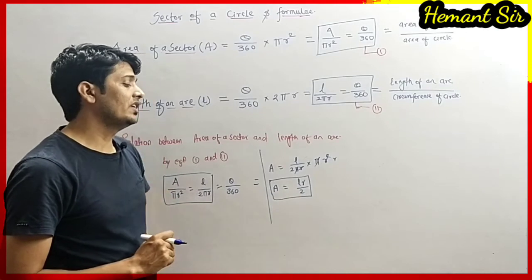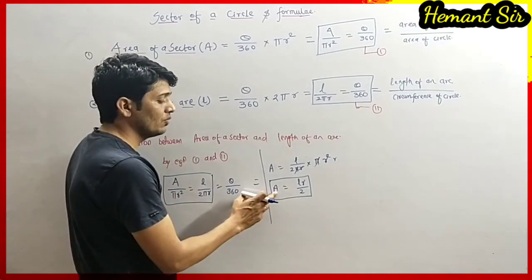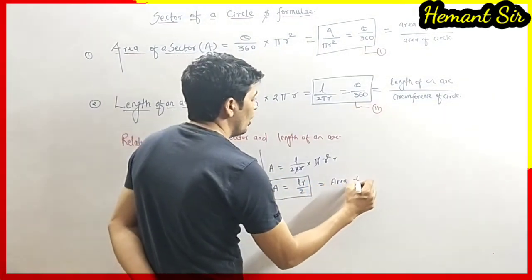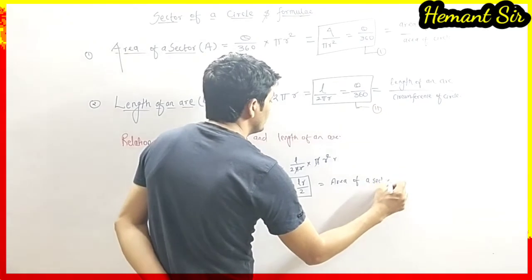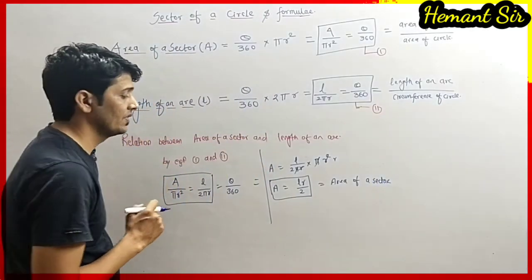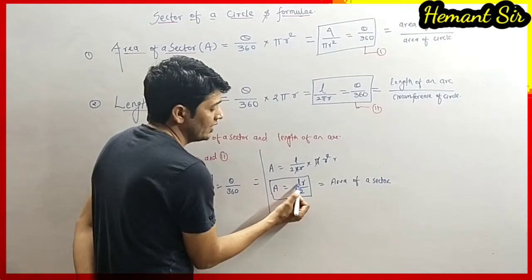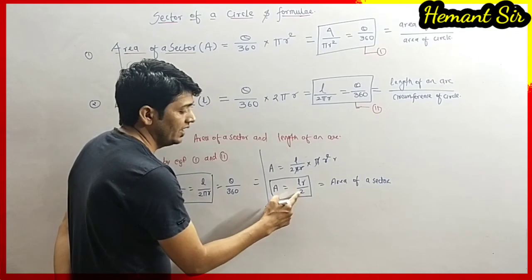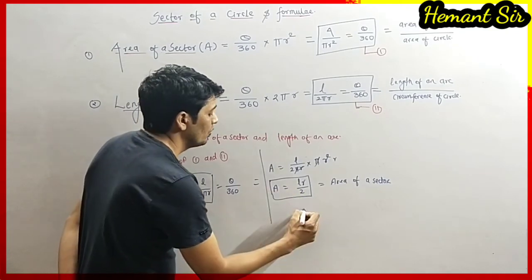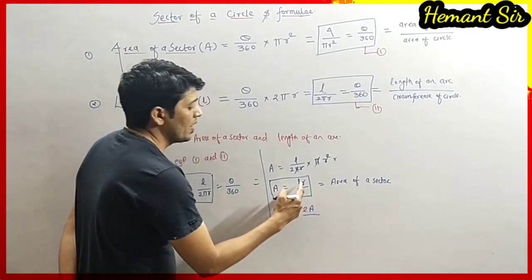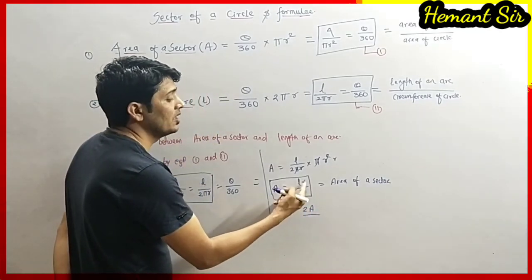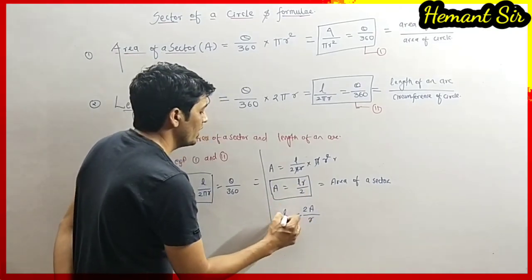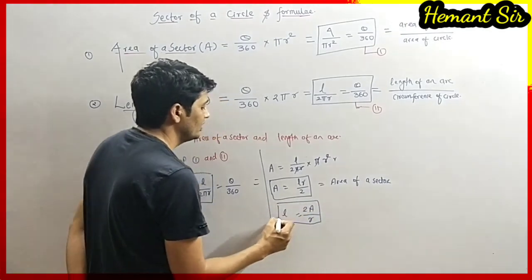So it can be written easily. It is the formula for area of a sector. It is the third formula. Now if we want to find the length of an arc, we have to transfer this r and 2 to the other side. R is in division form, so it will go in multiple form. So it becomes 2A divided by r equals L. So it is the formula for length of an arc.